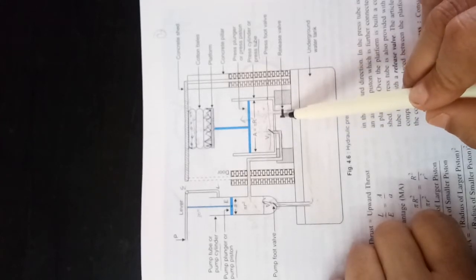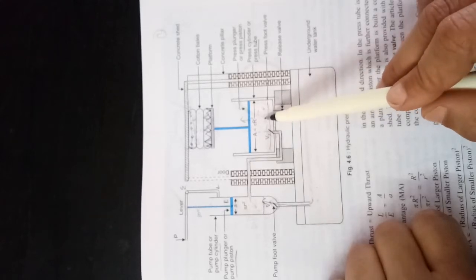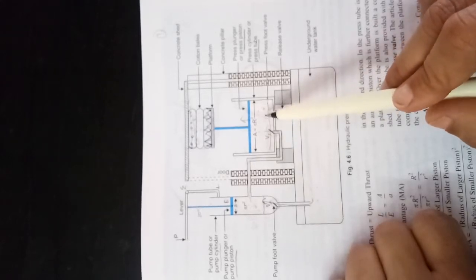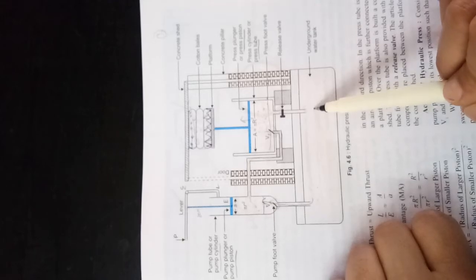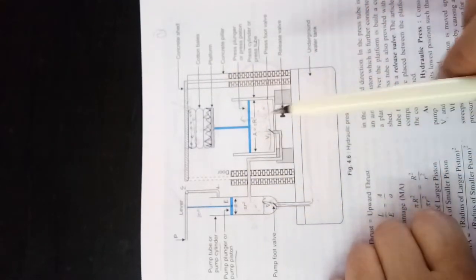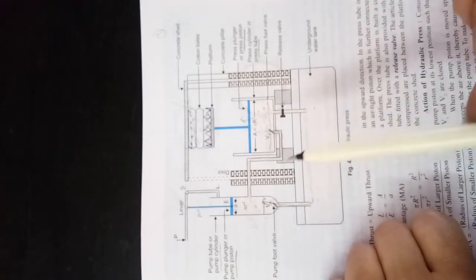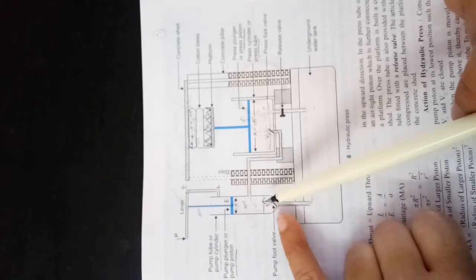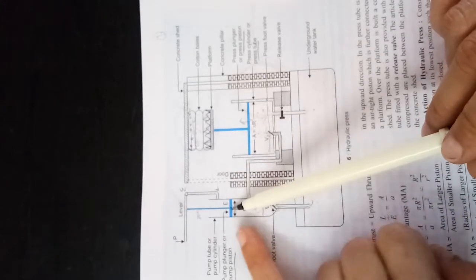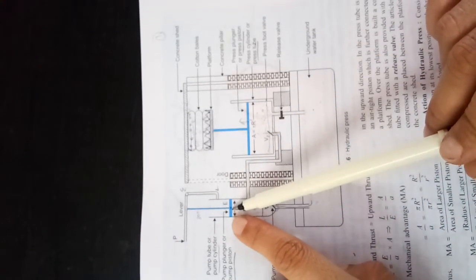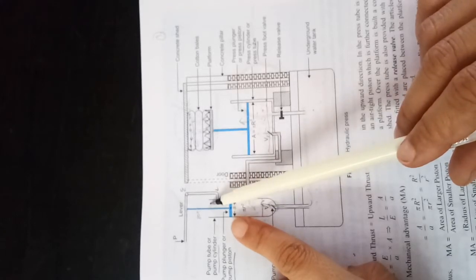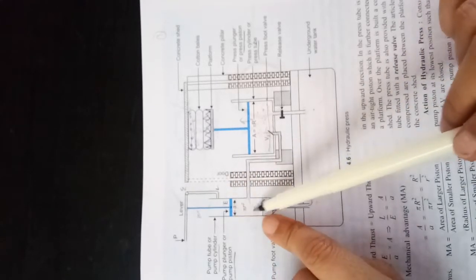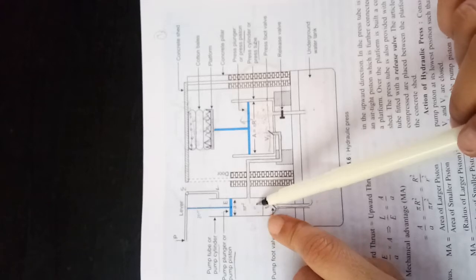It means we can open or close this valve, and the water from the press tube can move into the water tank. Okay, this is about its construction, and now its working. Now when I push this pump cylinder in the upward direction, there is a decrease in pressure inside the tube.